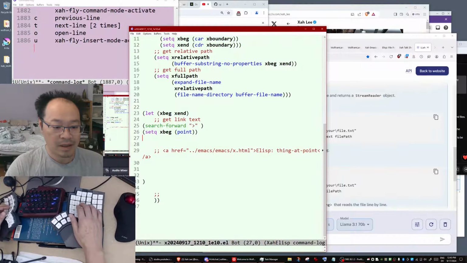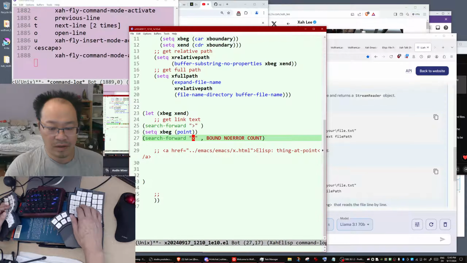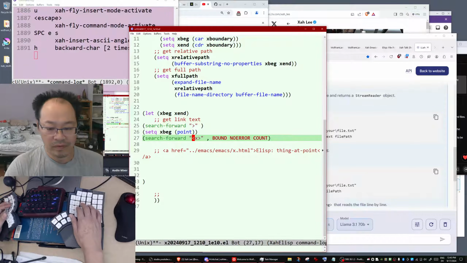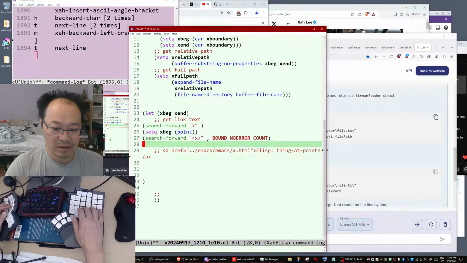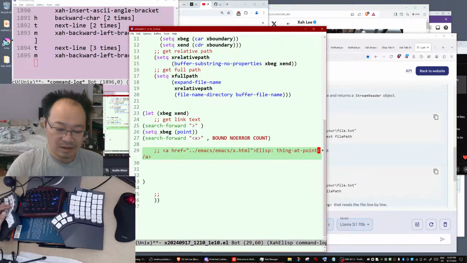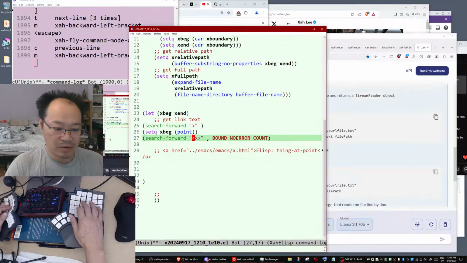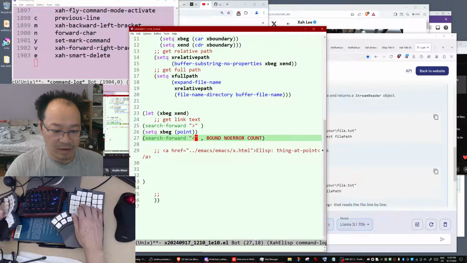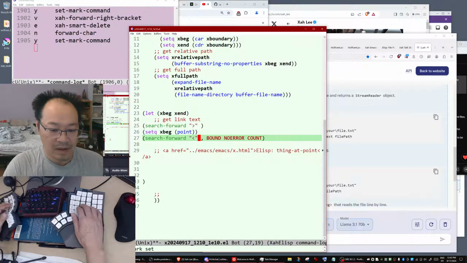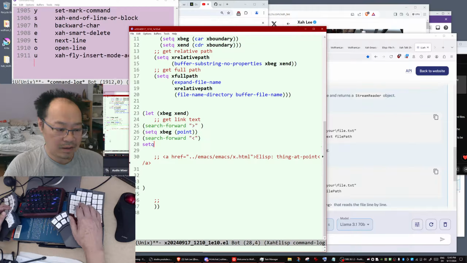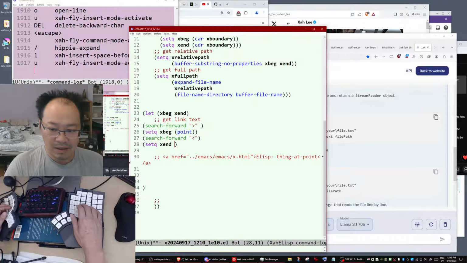Then search forward for the beginning of the closing tag, so search forward for the less-than sign.